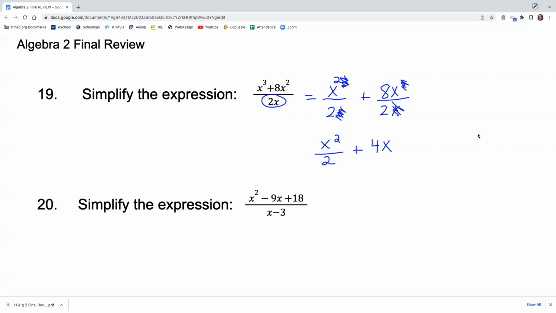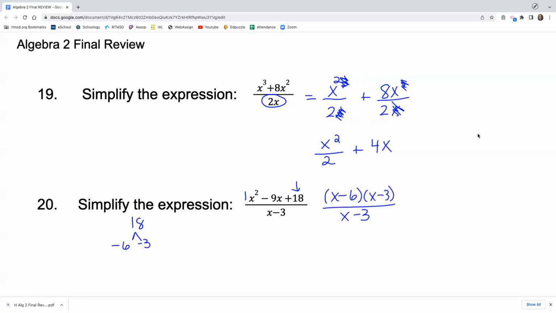When you see a polynomial in the numerator that doesn't look like it's factored, that's your first step. This trinomial, thankfully, is an easy factoring problem because the leading coefficient is 1. So we just think about the factors of 18 that add to be -9. In order for something to multiply to be a positive and then add to be a negative, both of them have to be negative. So -6 and -3 will be the two lucky numbers. So we can just go ahead and factor it right from there as x minus 6 times x minus 3